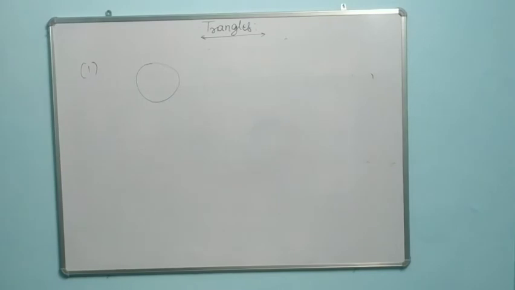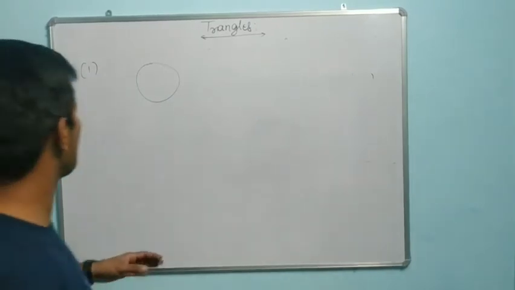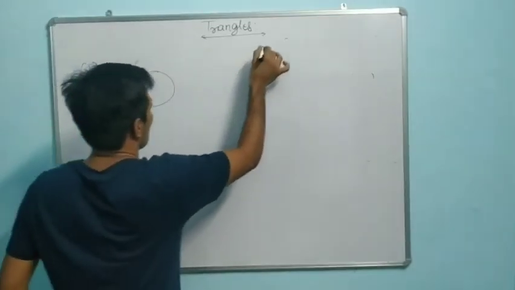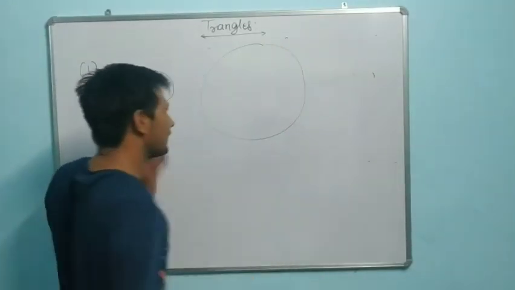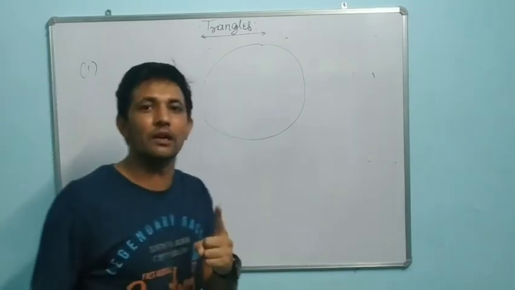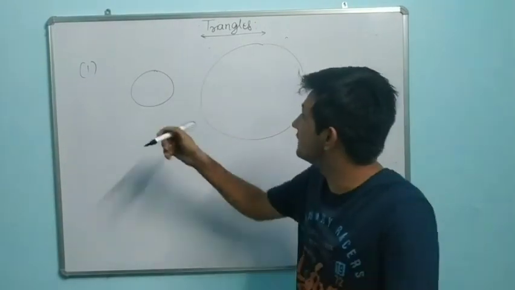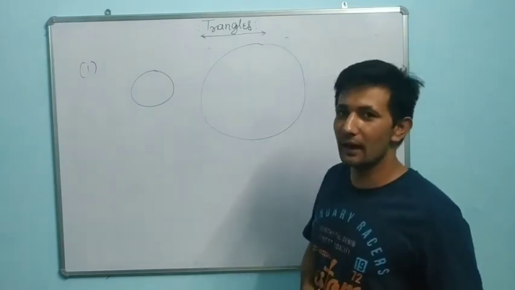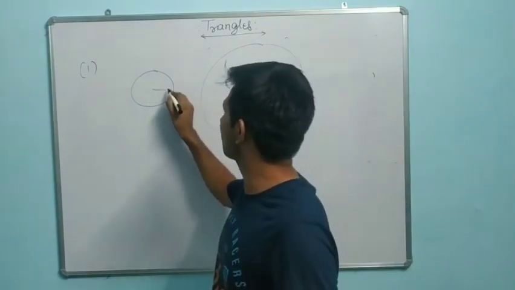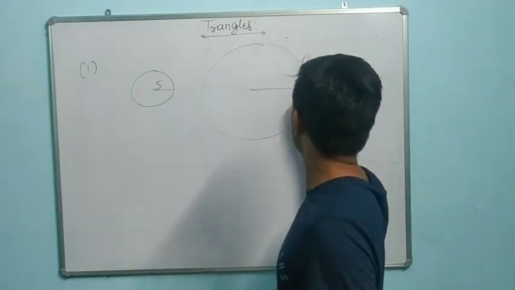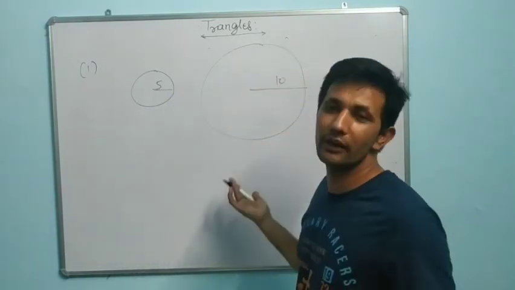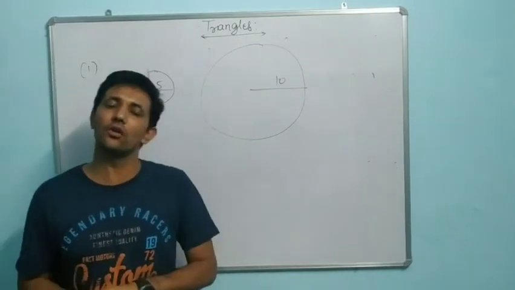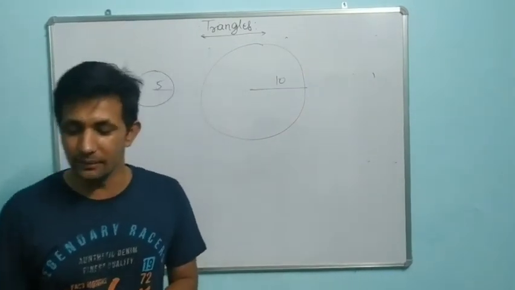Now we are talking about circles. Look at two circles. One is smaller, one is a bigger circle. Tell me, are they congruent? No. Congruent means same shape, same size. Size is not the same, but can they become similar? Yes, one circle has radius 5, the other radius 10. Shape is the same and the ratio is 1:2. All radius ratios are 1 and 2. Which means circles are similar.